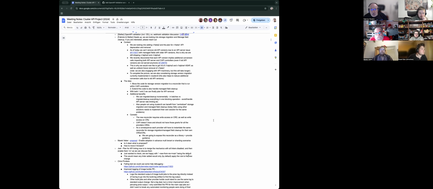This is an issue because Cluster API, the core controller, doesn't have and should not have grants for all the provider CRDs. Cluster API should not have grants for, I don't know, virtual machine in vSphere, KV provider, KV identity or deployment zones, vSphere deployment and so on. As a consequence, each provider will have to instantiate the same reconciler that we are going to pack into something reusable to take care of storage migration of managed fields for their own